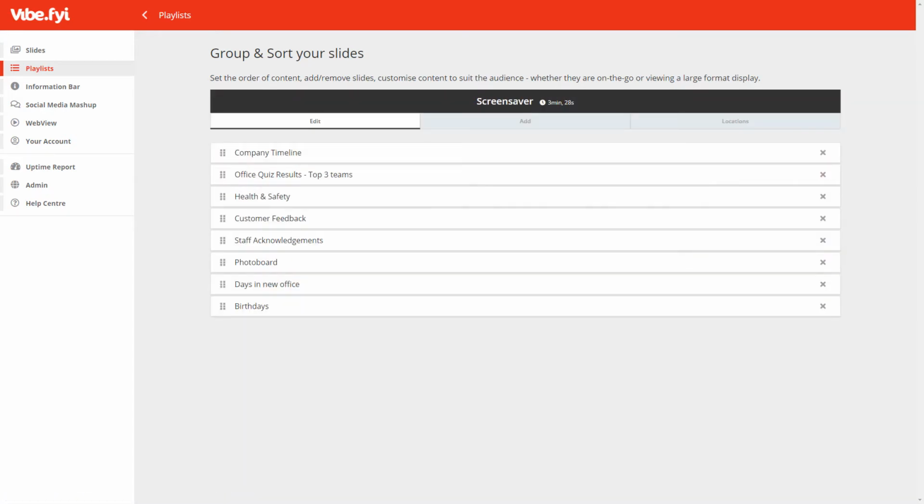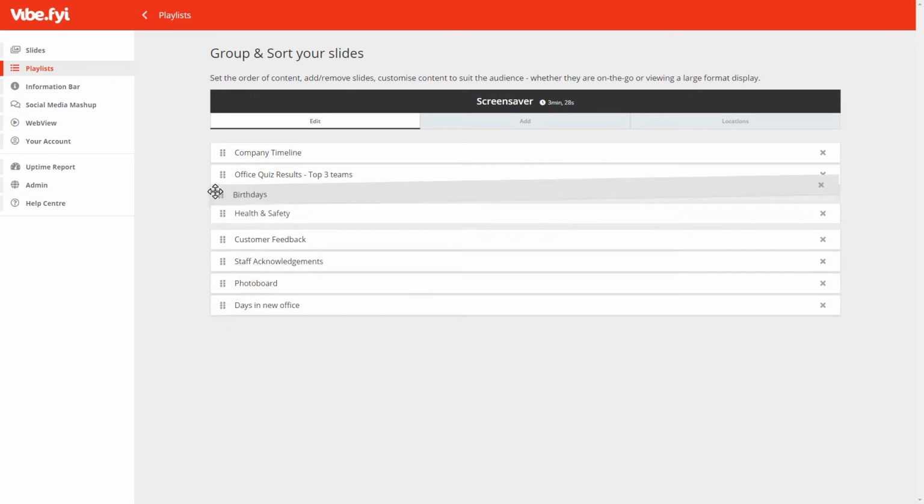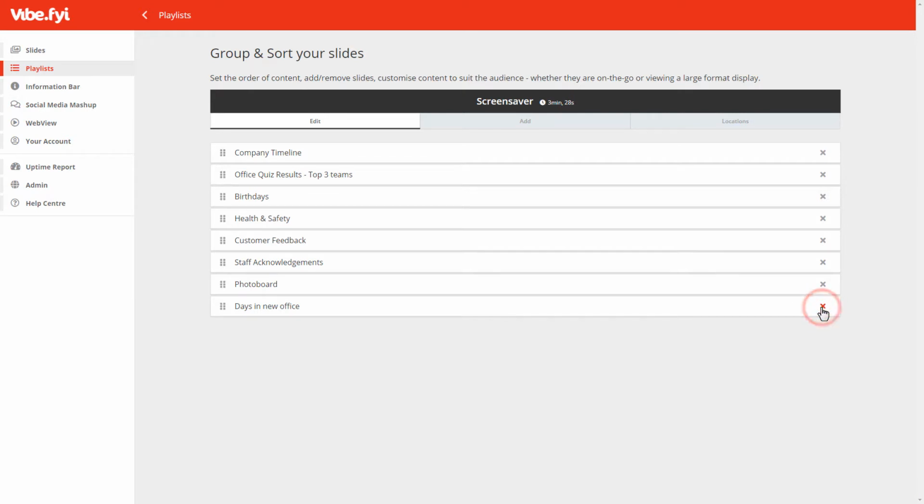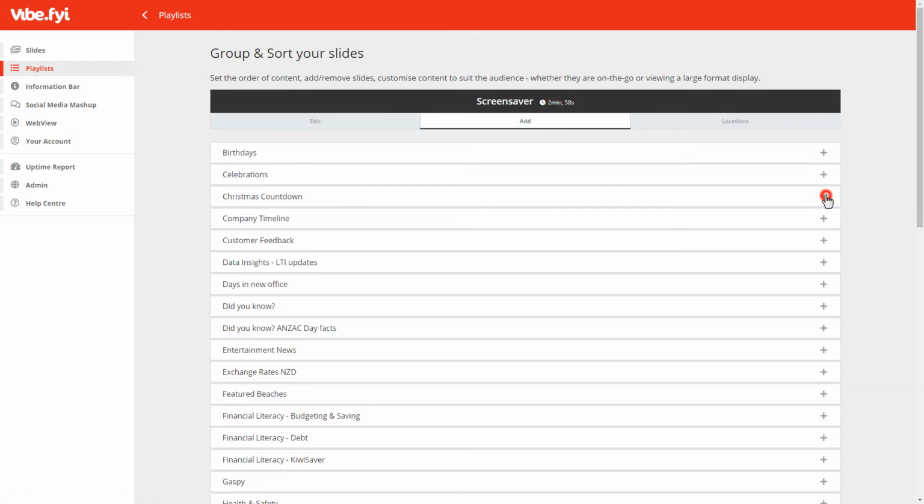In this view, you can edit and rearrange the order of slides using drag and drop, or remove the slide from the playlist. Switch to the Add tab to add more slides to your playlist. A slide can be added multiple times to a single playlist,